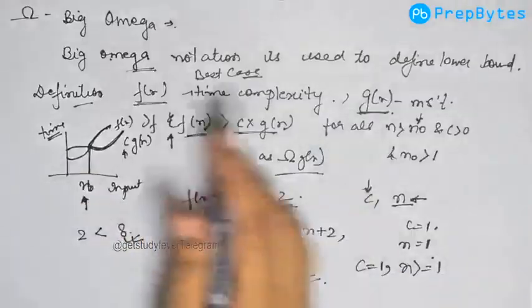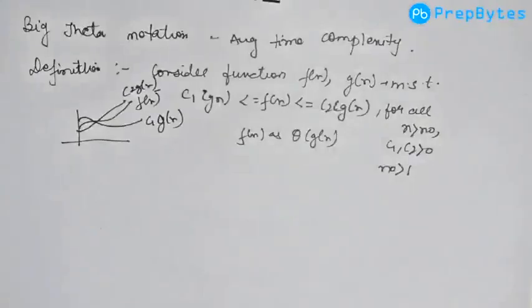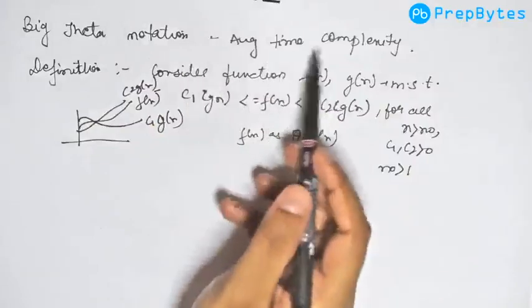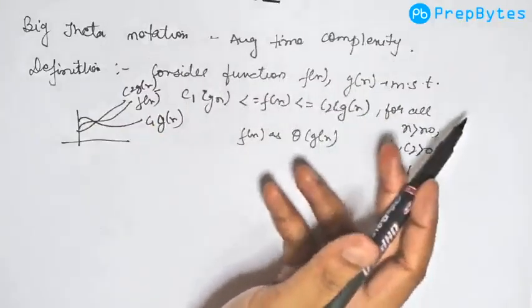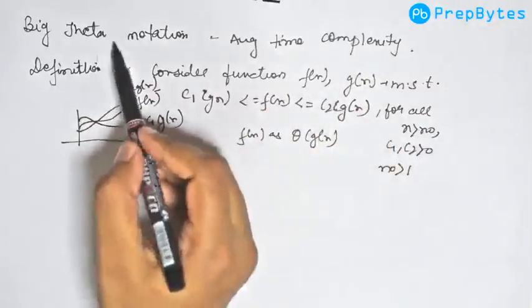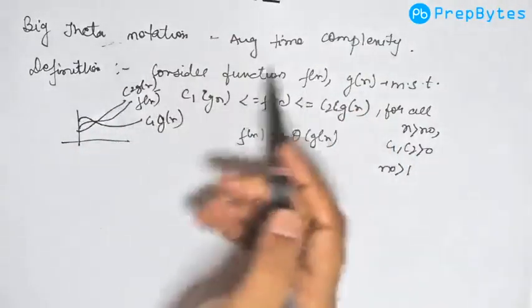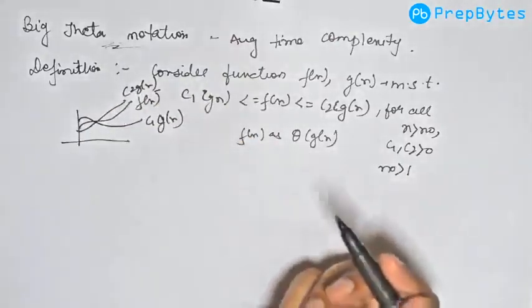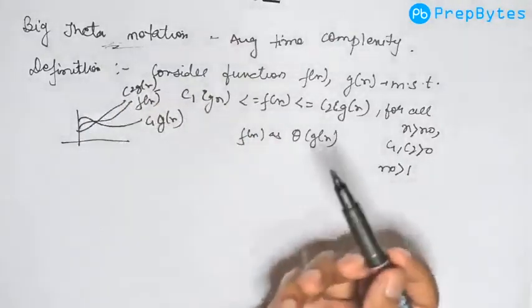This is omega notation. Okay, now let's try to understand big theta notation. Big theta notation deals with the average time complexity. So what is the average time that will be taken by a program? That is represented using big theta notation. Now again, coming to the definition. So big theta notation says